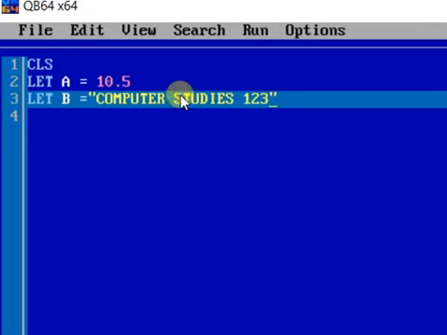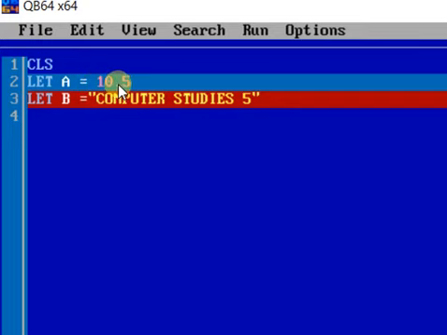Like if you type computer studies 1, 2, 3 or computer studies 5, then this 5 will not be treated as a number; it will be treated as alphanumeric because it is put under double quotes. So a single character or a single word or a sentence or a mixture of numbers or letters put under double quotes is known as an alphanumeric constant, and the variable that takes the value of an alphanumeric constant is known as an alphanumeric variable.